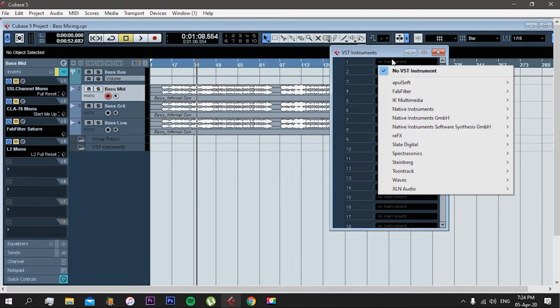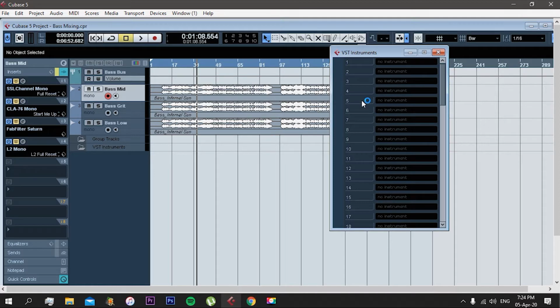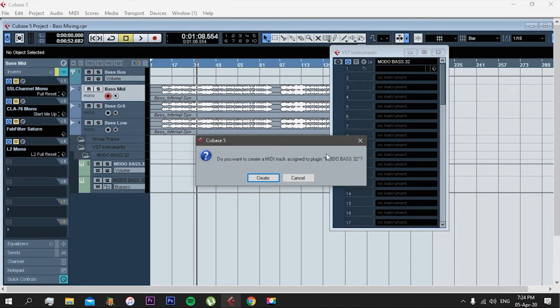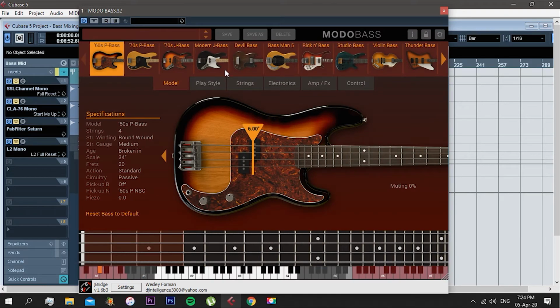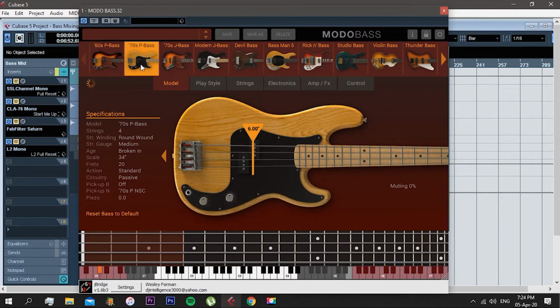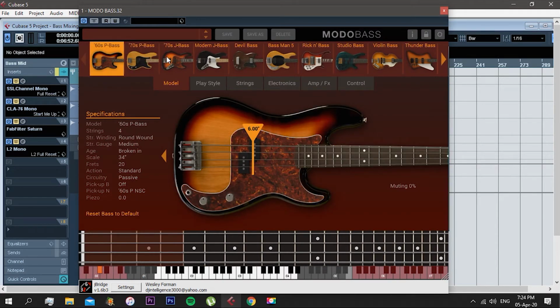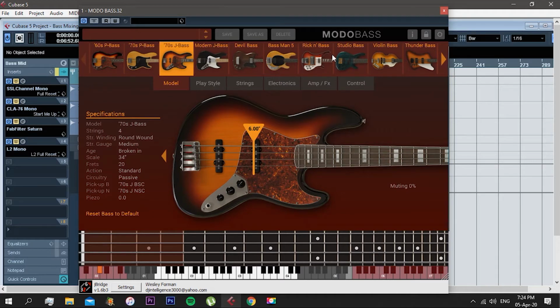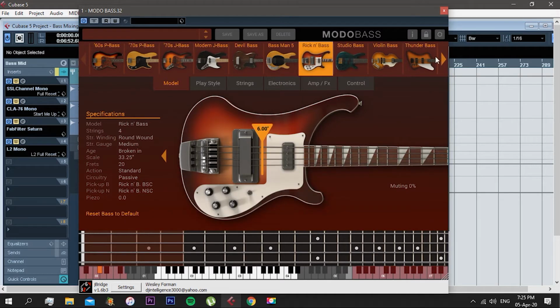I used to reamp it with Trilian by Spectrasonics, but I'm not a big fan of it anymore as I discovered the Modo Bass by IK Multimedia. This is a really great plugin. It has a lot of bass simulations like the Fender Precision Bass, Fender Jazz Bass, Rickenbacker, plenty of other